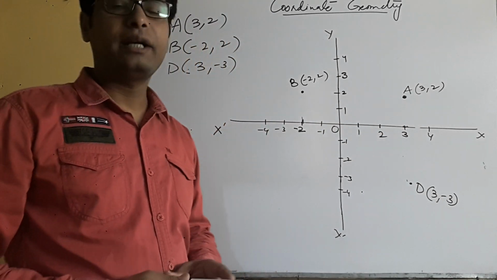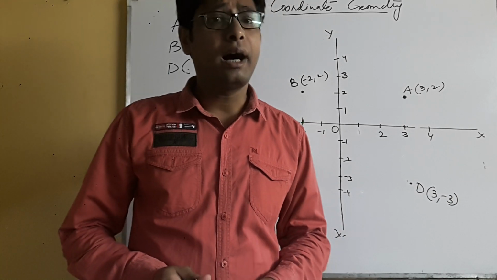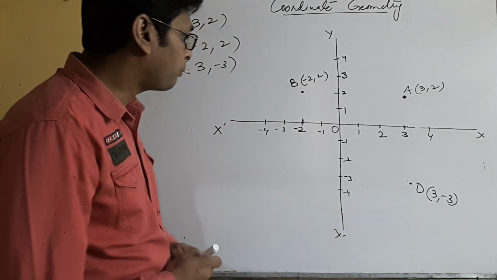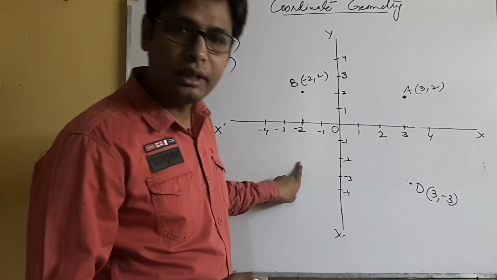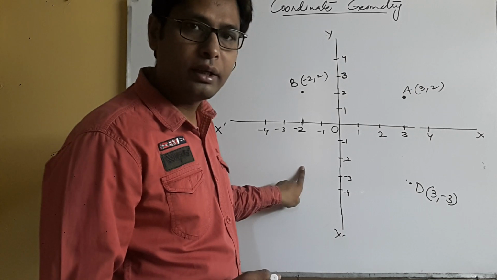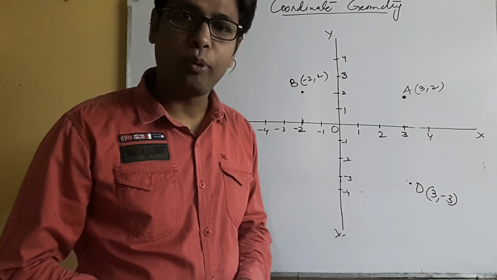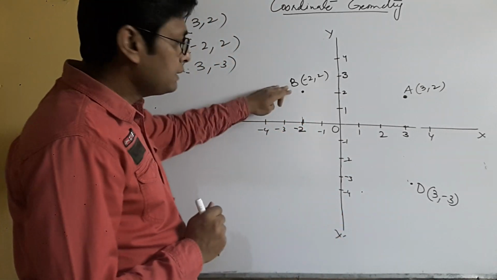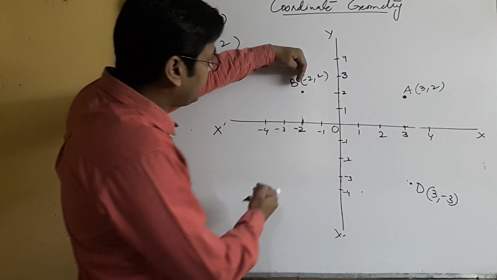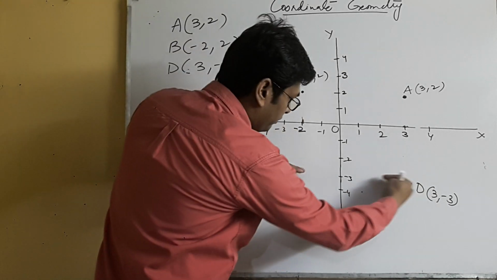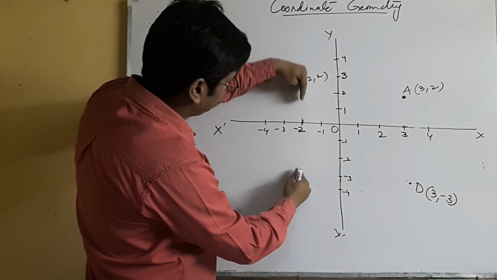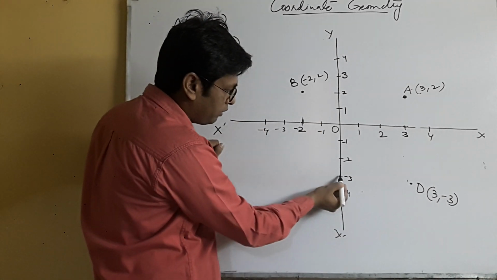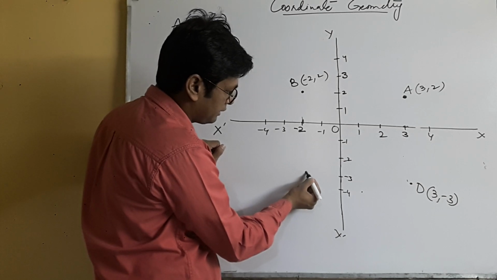You all know that all the sides of a square are equal, and each angle in the square is a right angle. So the point C will be in the third quadrant, and in the third quadrant, what will be the coordinates of point C, meaning the x coordinate and y coordinate? Now you can see that it should be in the line of B and the line of D. So the point will be here.